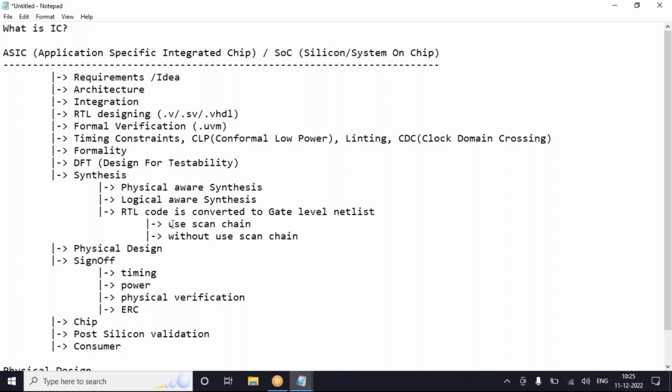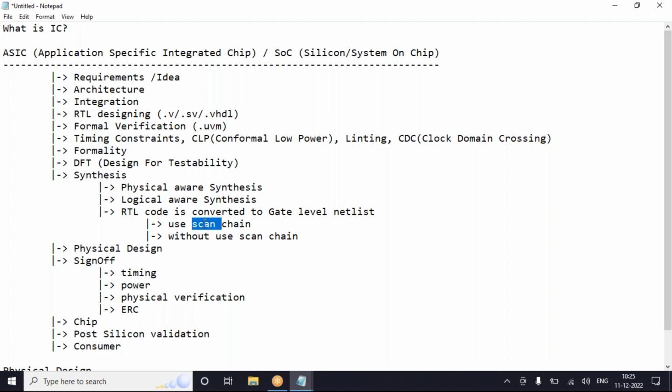In the first phase, we will not be using scan chain. Without scan chain, we will perform this RTL code to gate level netlist conversion, and as we want testability as well, we should also insert these scan chains.